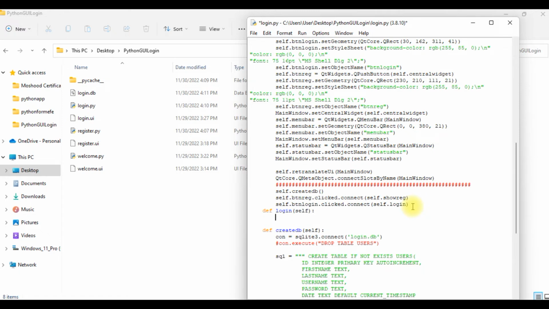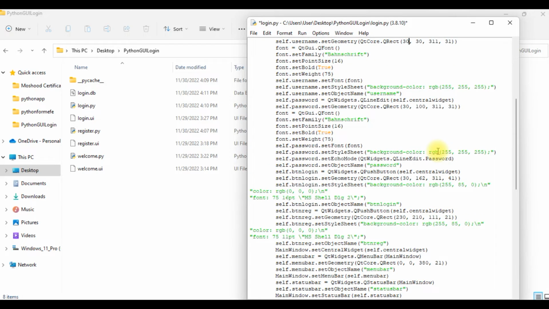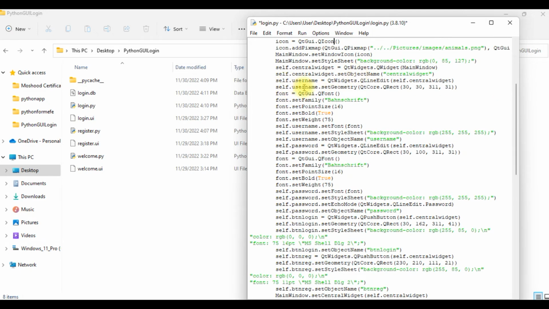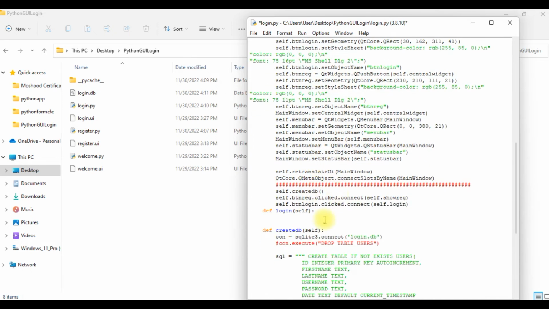Now what will happen inside here? We are going to get whatever they enter into username, that is a line edit. Our username is a line edit. Our password is also a line edit. So check whatever text they put inside that. So I'm going to come here and say user is equal to self.username.text,